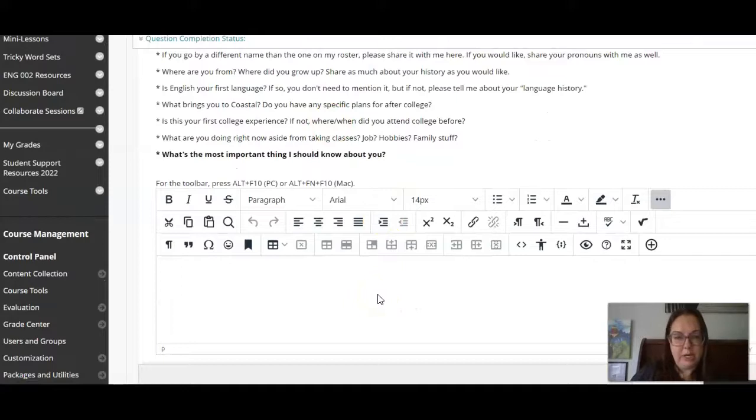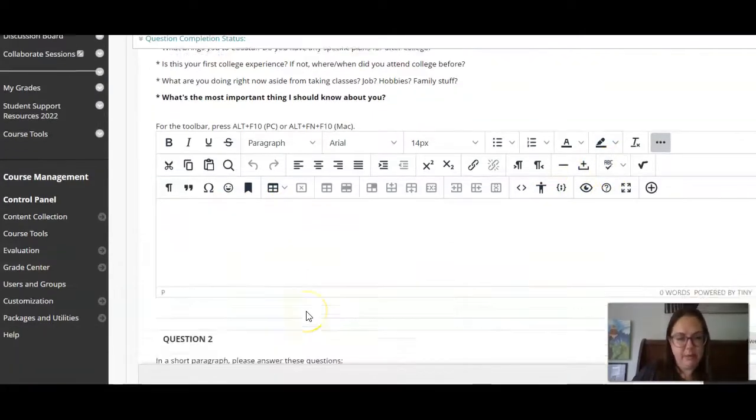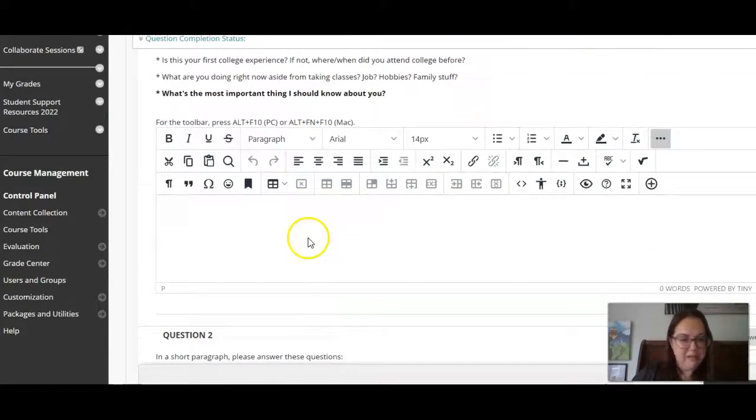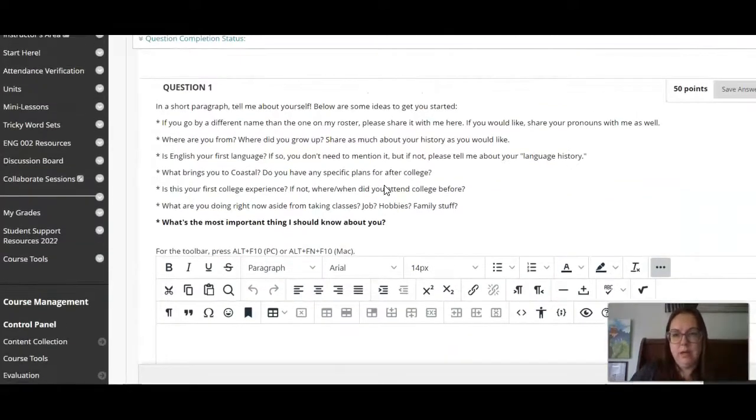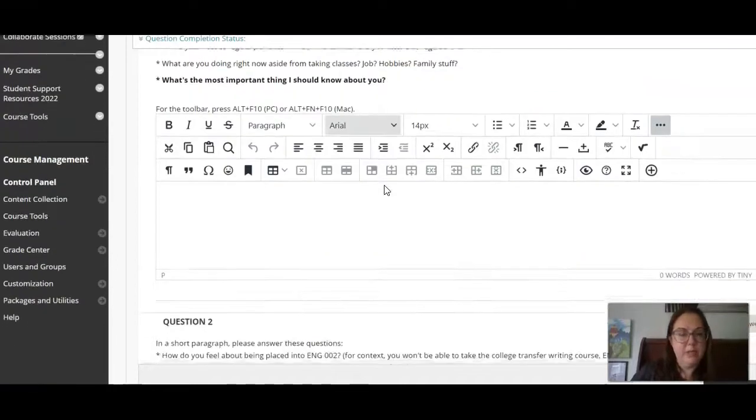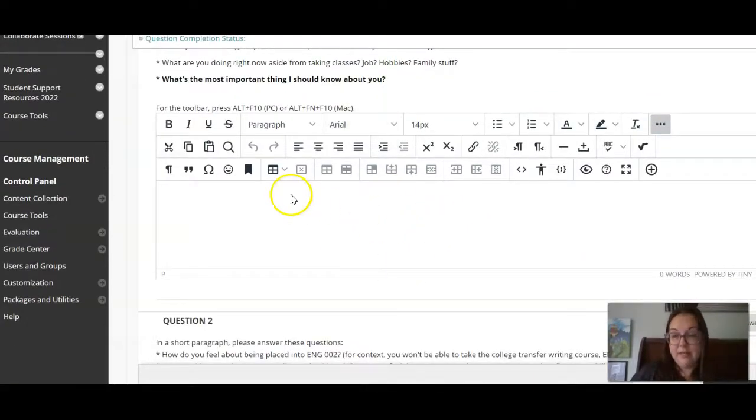You can spell check your work in Blackboard. You just click, after you type your whole thing, you click this ABC check mark and it will run a spell check within that individual box. So you'd have to do it in both places. Be sure to write in paragraphs. Don't just write a bulleted list of answers like yes, no, maybe, Missouri. That's going to be not helpful to me to measure your writing ability.